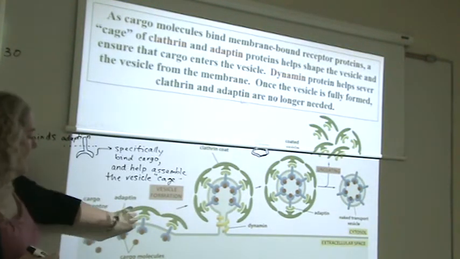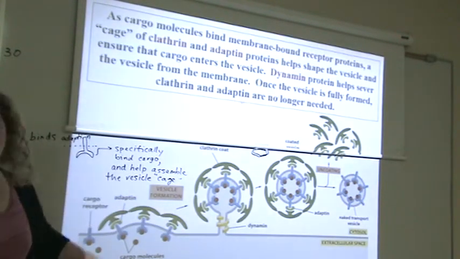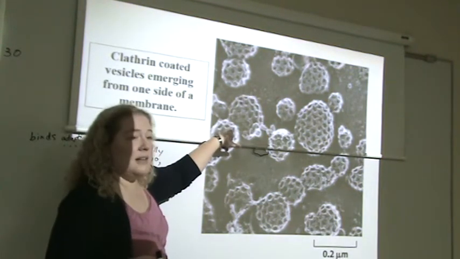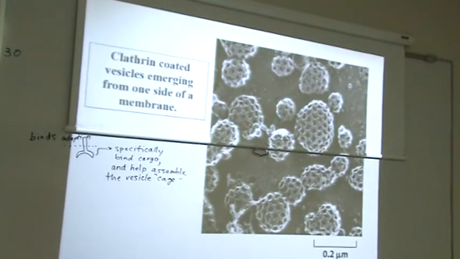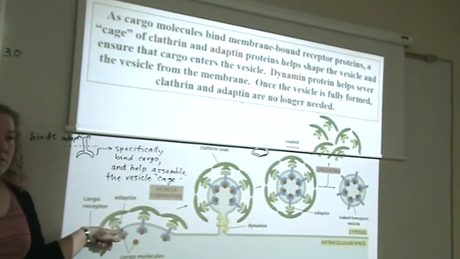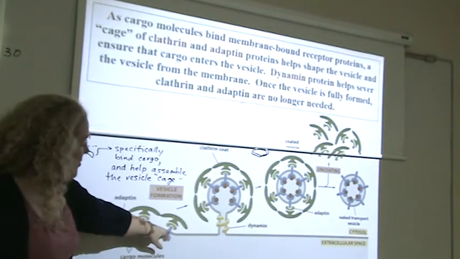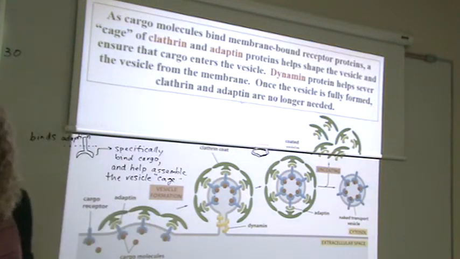Clathrin is forming the outer part of that vesicle cage that you see in this picture. So remember, this out here is clathrin, and now you know what would be under it. What's under it? Right under it. Adaptin. And then under that is a receptor protein that spans the membrane. It goes through the membrane. These receptor proteins would have had to be put into the membrane in the ER, like what we talked about